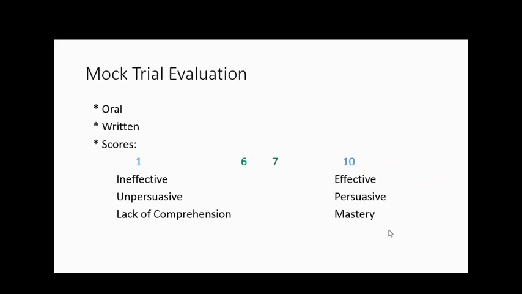The judges will be evaluating the students during the course of the round on a scale from 1 to 10, 1 being the least effective and 10 being the most effective. And in a few minutes here, Van Everett's going to get back up here and talk to you about how to use some of these scoring criteria as a way of teaching your students the kinds of effective roles that you're going to want them to perform, and what really make this a valuable teaching tool.